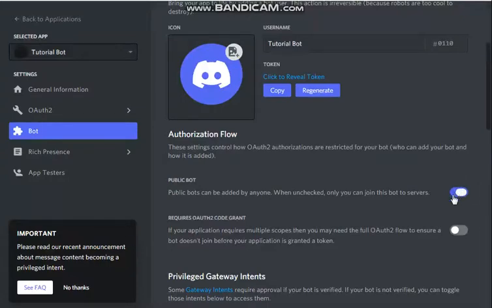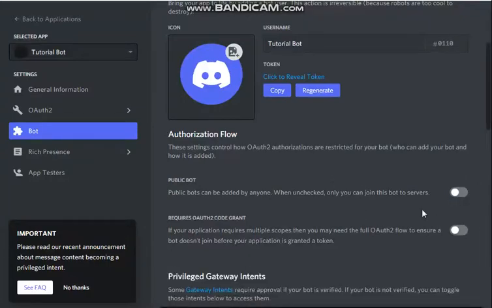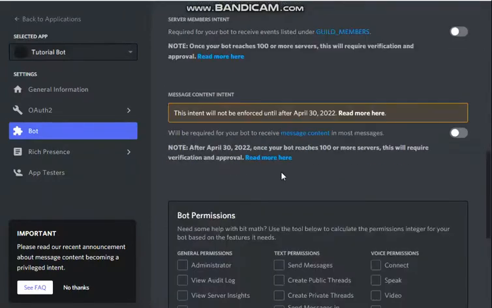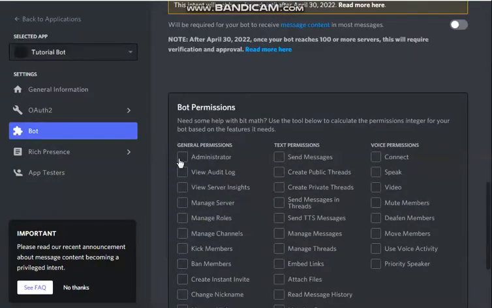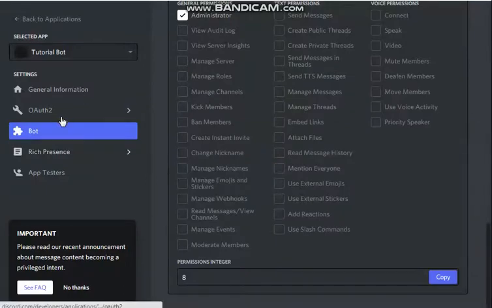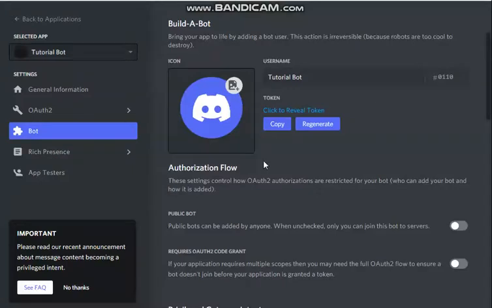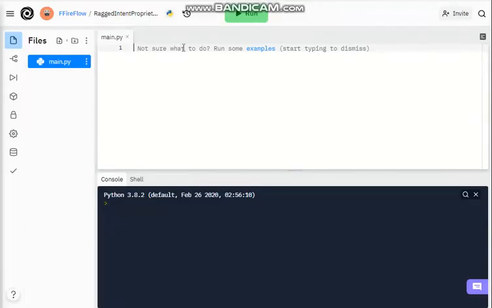So I'm gonna disable this because I do not want anyone to take my client ID and then invite this bot to their server. And then I'm gonna give this administrator. Okay, so then you have to copy token,